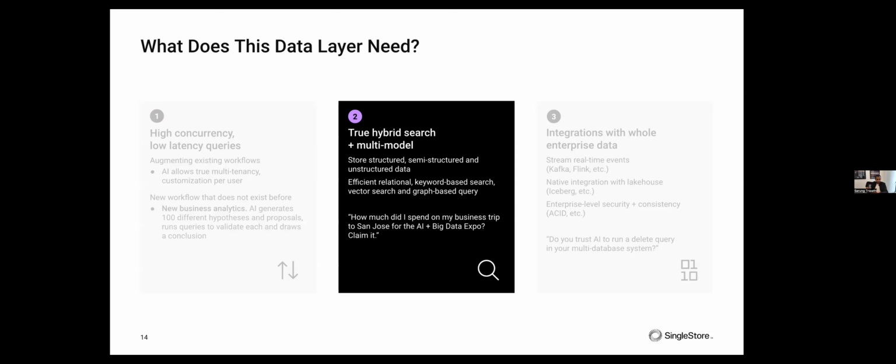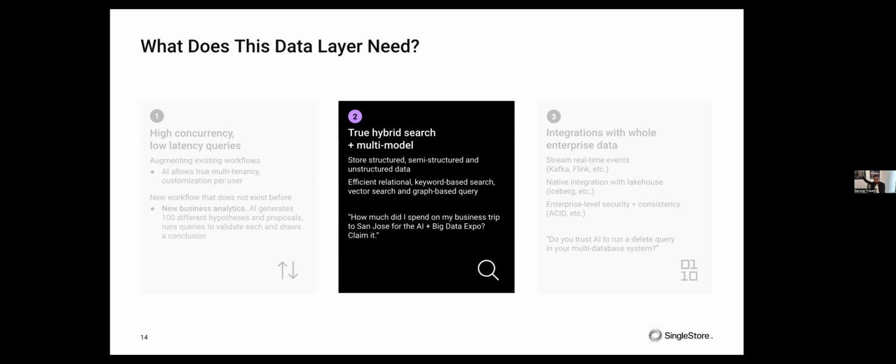Now, the next thing that it needs is true hybrid search and multi-model support, which means not just support for your structured data, but also support for your unstructured data and your semi-structured data to do those keyword-based search and those graph-based queries. You saw that diagram of data sitting in 4 or 5 different databases. Now, the beauty of that model is that you can store your data as many different ways as you want.